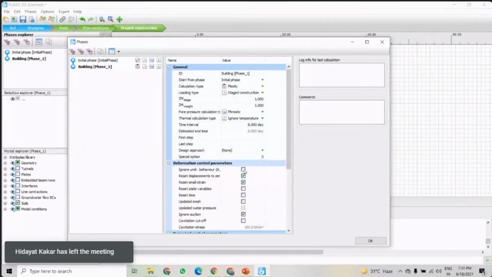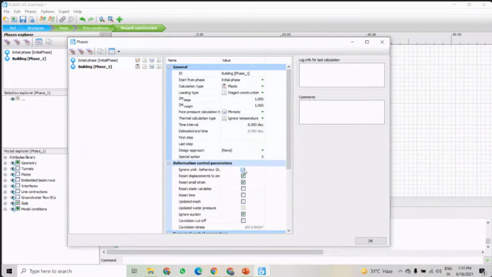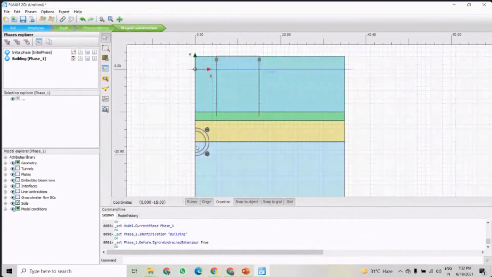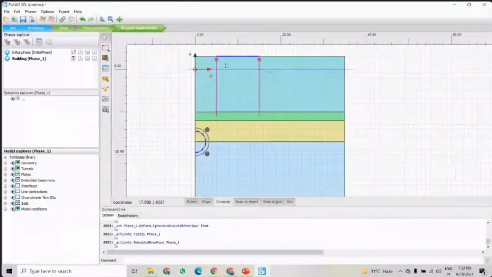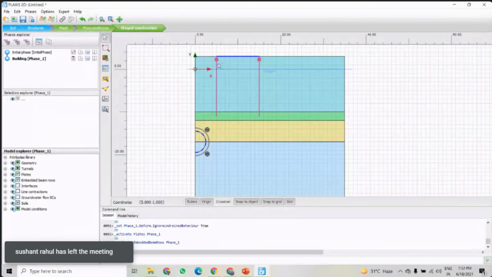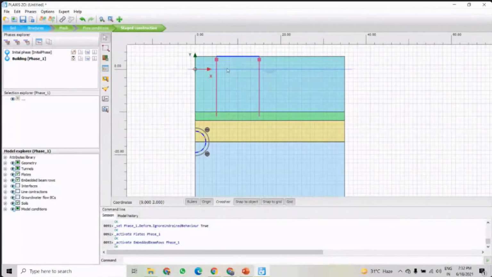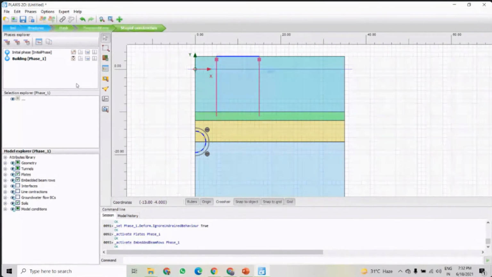So we'll check it first and then click OK. We will check it here only, this option, then OK. And then activate the plate and the foundation pile. So which is the plate? This is the plate and this is the foundation pile. So now we activated these two things: the foundation piles, or these embedded beam rows, and this plate. In this building option, we activated these two things, right?